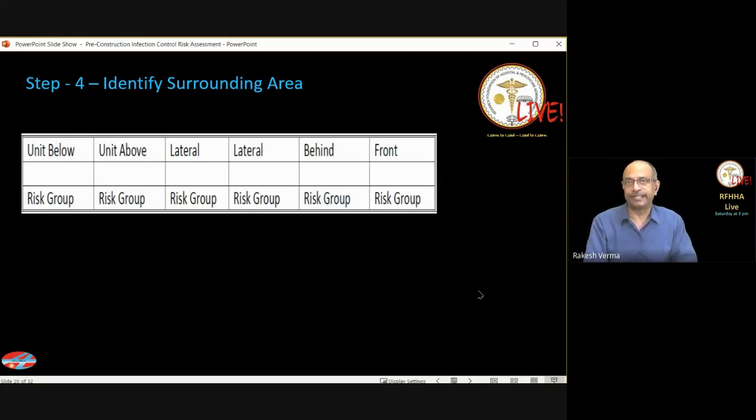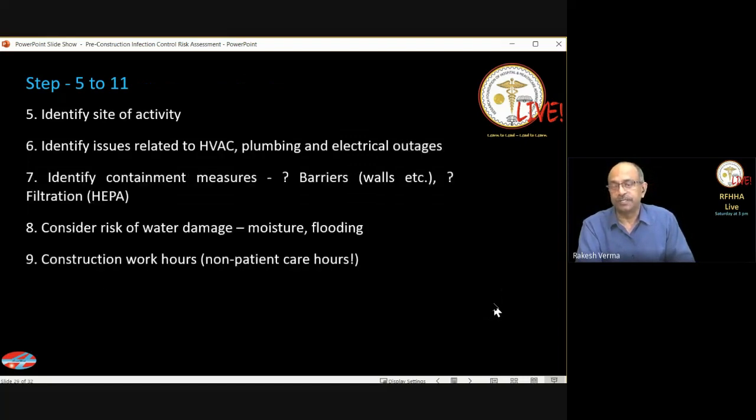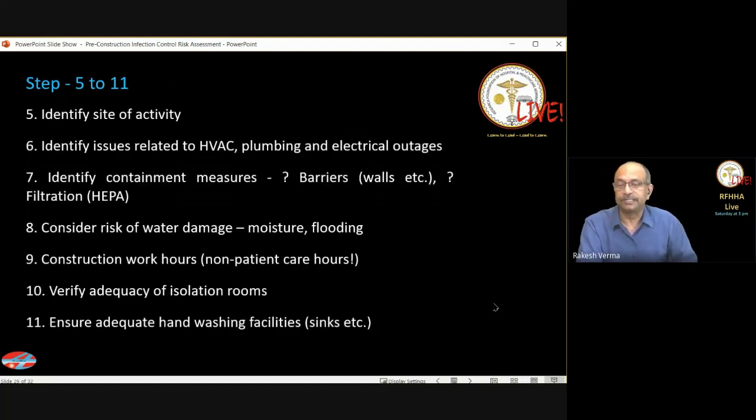Essentially on all sides, what all exists, and what is the risk group for those areas, and what class of infection control precautions will be required for those areas. So this is step 4. Step 5 to 11 are essentially a sequence of events or activities that need to be done, mostly by the planning